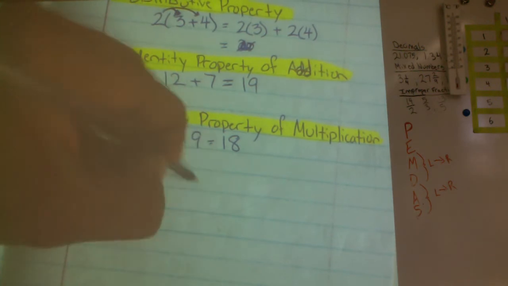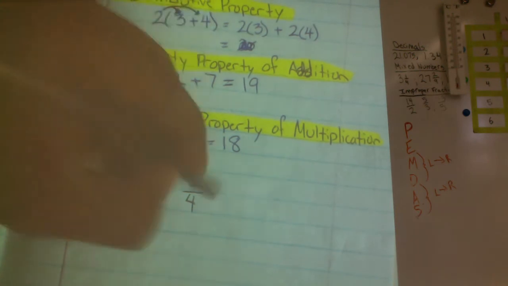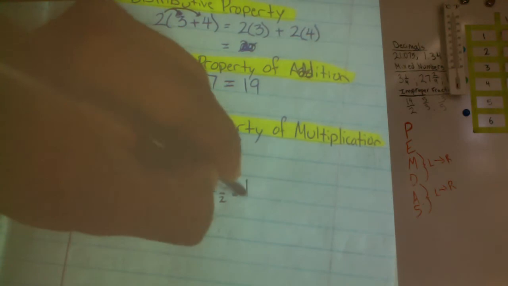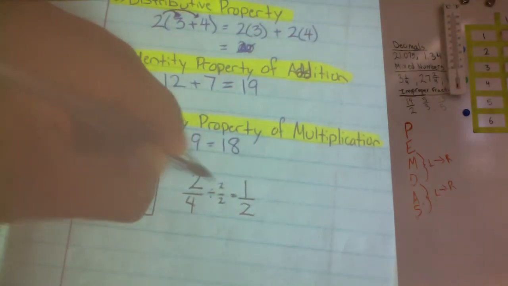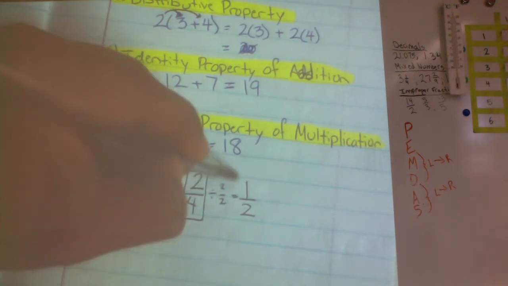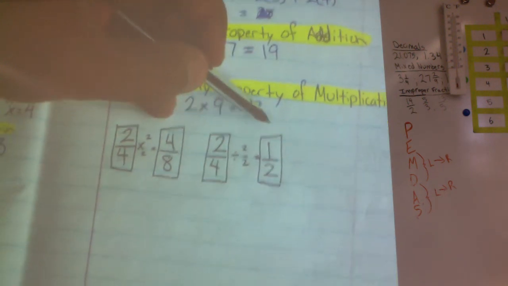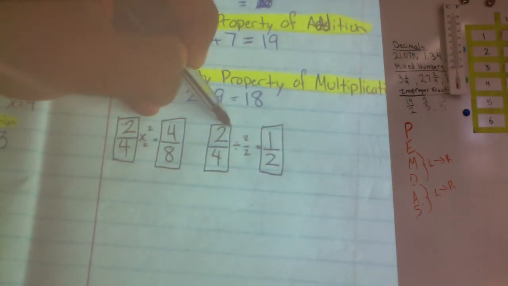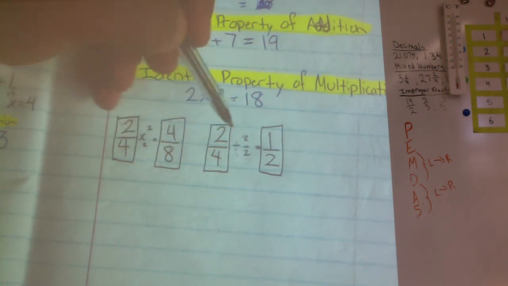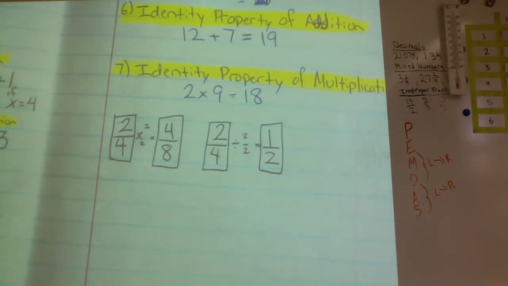Now, back here. Now we know that 2 over 4 is also the same thing as 1/2. And that's by dividing, because 2 goes into 2 and 4. So we know that these two are equal. All I'm doing is changing this fraction into this fraction by manipulating it one way. So what we're going to do today is kind of do the same thing with expressions. Okay, so